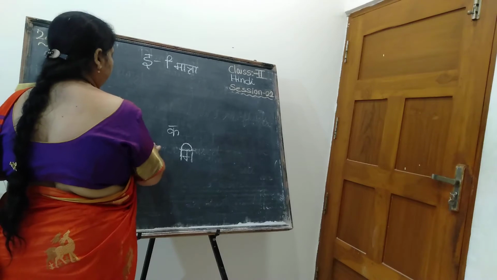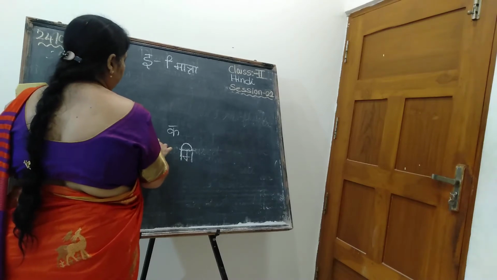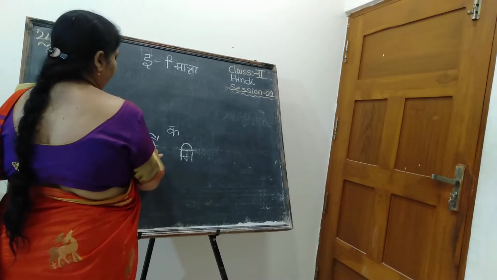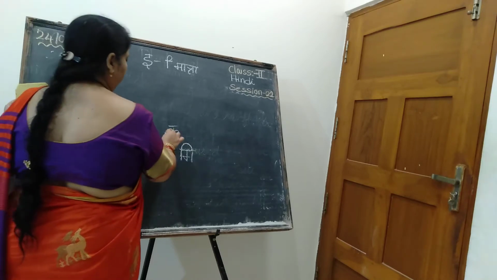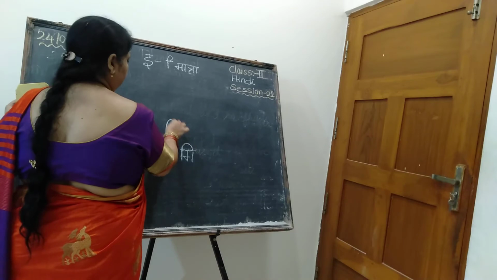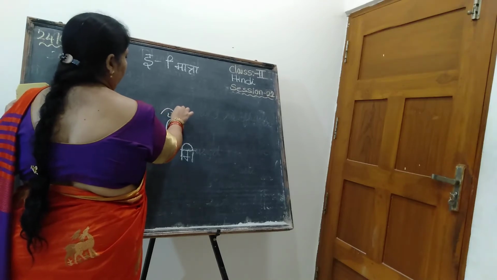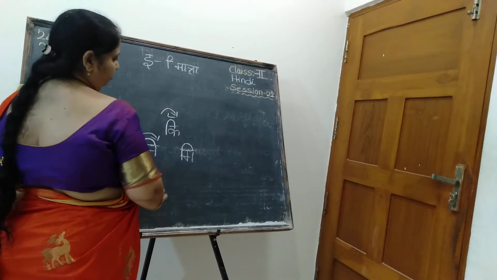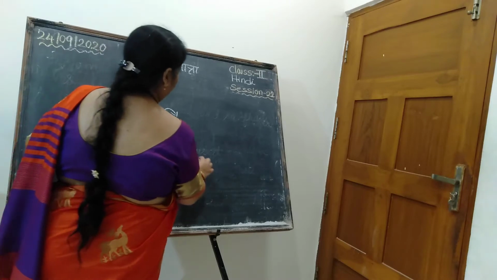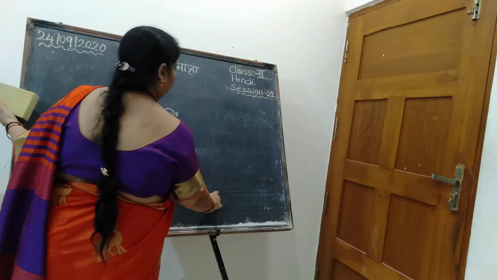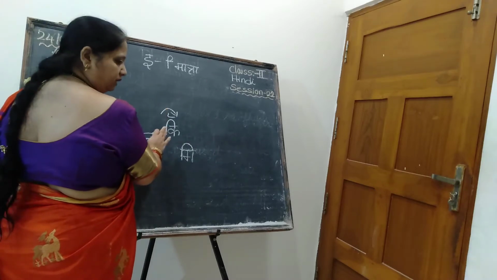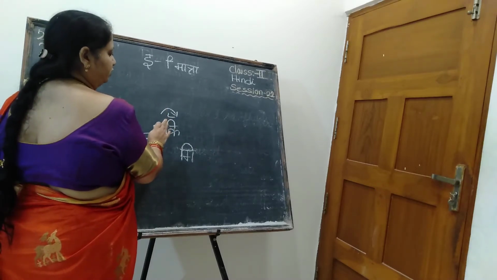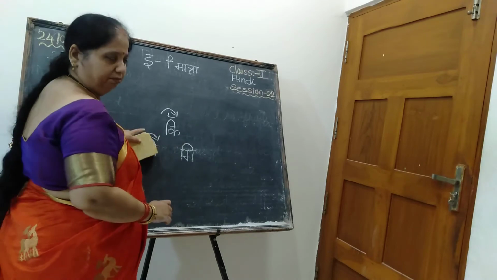Next, ni, choti ki matra. It is moving to where? To the left side. It starts from the left side and touches the letter. Here also choti ki matra. See, again towards the left side. Okay, so this is the left hand side. If I go for badi ki matra, you have to go to the right hand. But I haven't started the badi ki matra. We are just focusing on which letter, which matra, choti ki matra.